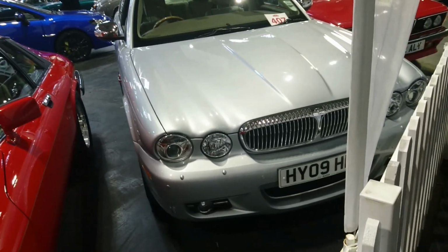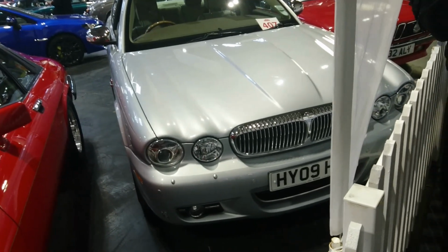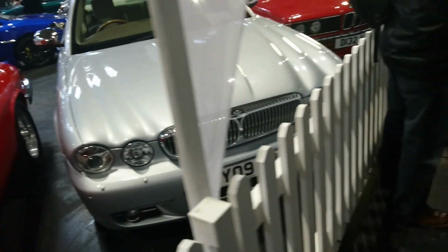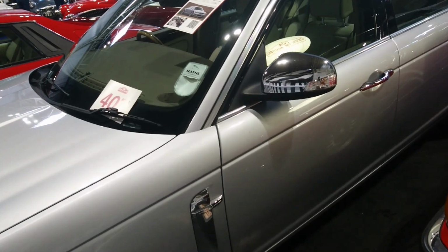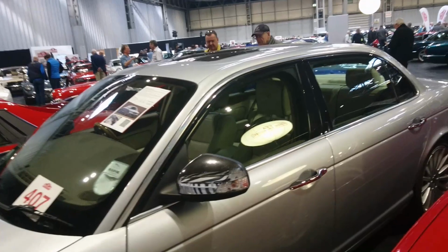A bit more modern, this. It's a Daimler. Daimler with a beige leather interior. I'm going to have to go and have a cold shower at some point. It's just far too exciting for me. Daimler Super 8 from 2009. Viewers. Ooh,